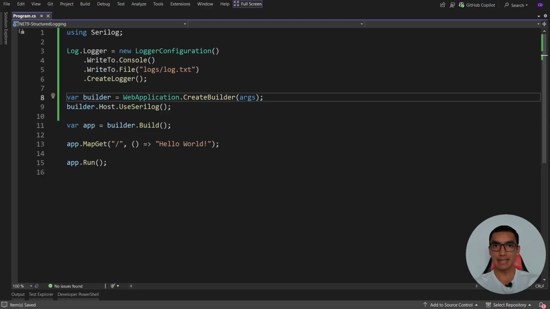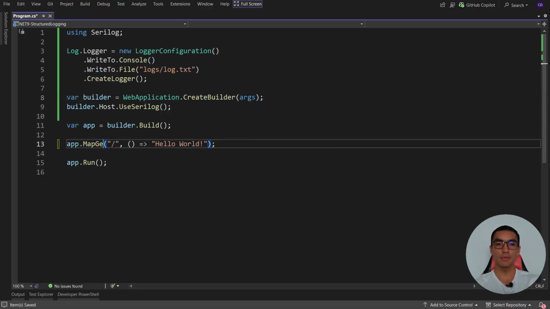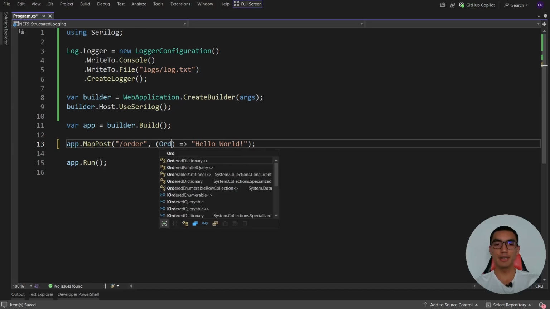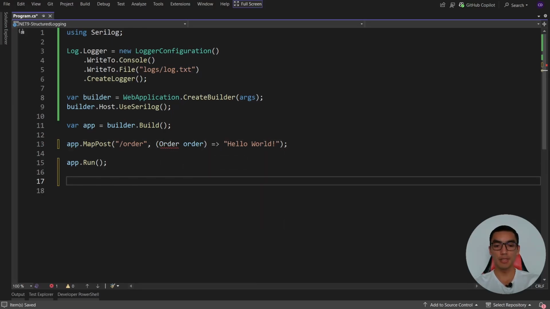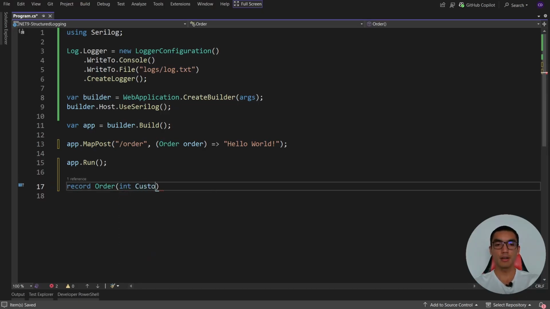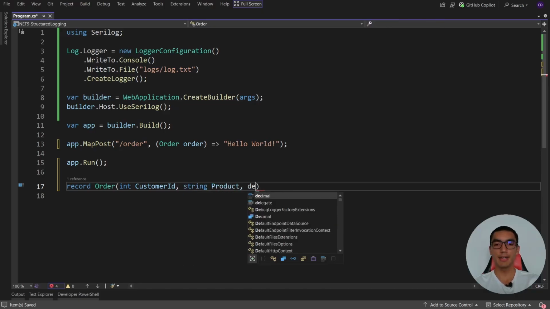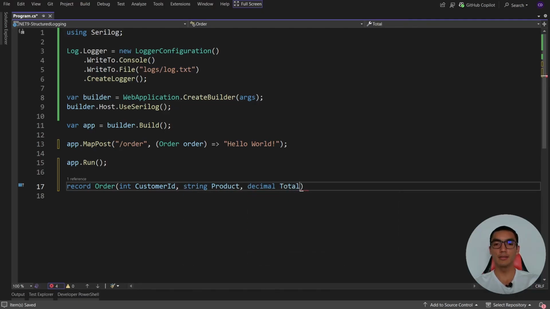So we'll add some structured data logs. We'll create an endpoint to create an order. We'll replace this default GET endpoint with a POST action and create an order. And we'll specify an order model to pass some properties from the body. So add a new record called Order with 3 simple properties: CustomerId, Product, and finally a Total, which is